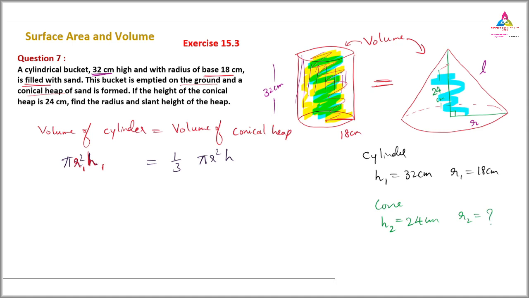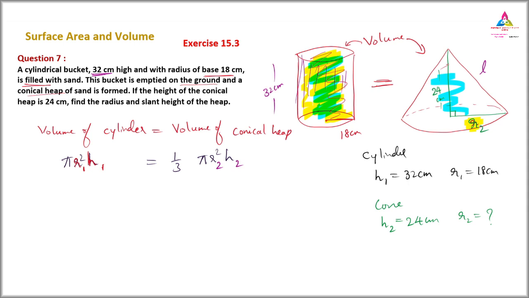So here I will take this as r2. This is r2, and this is the already given 14 centimeter, that is h2. So obviously you can come to know now, this is r2 and this is h2. So now you substitute the values. The pi value, both sides we have.